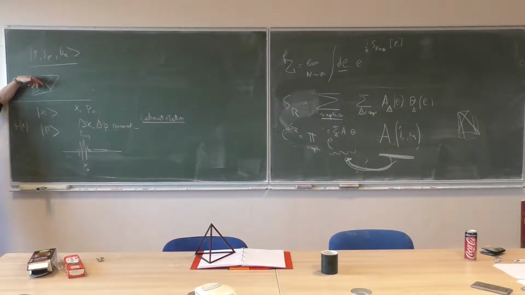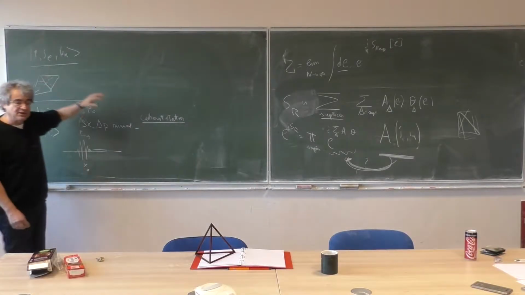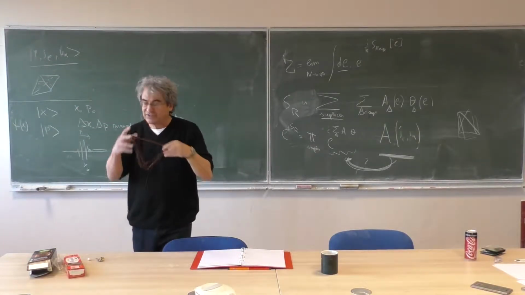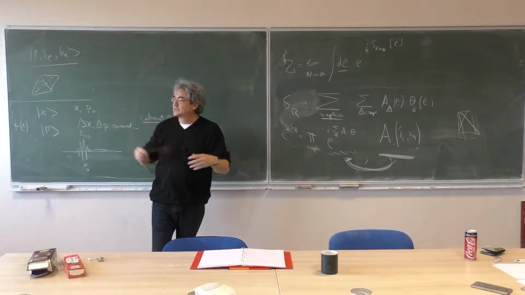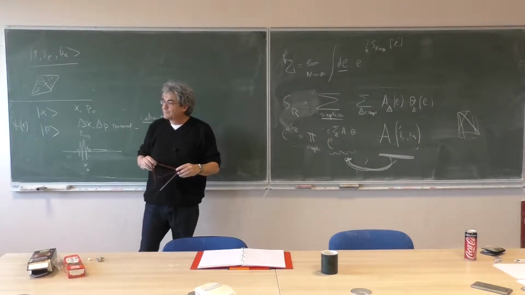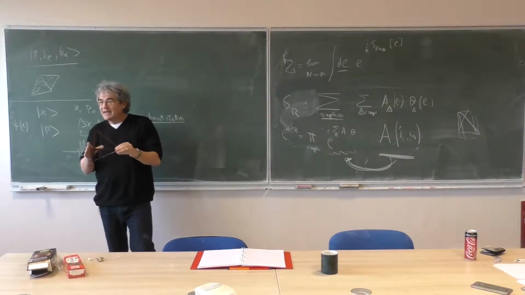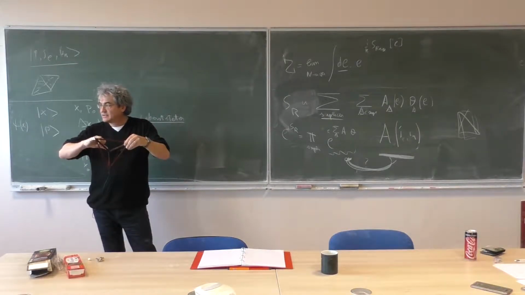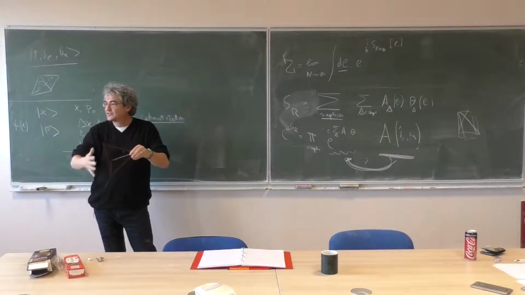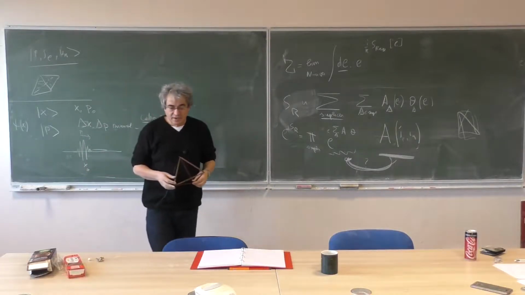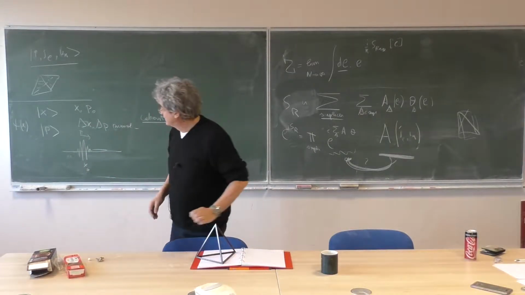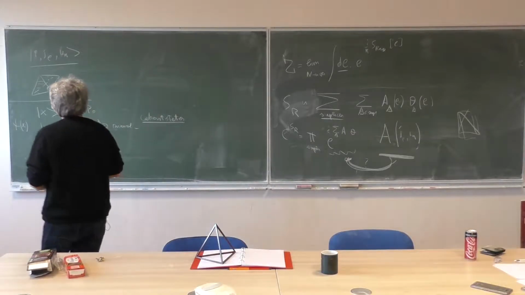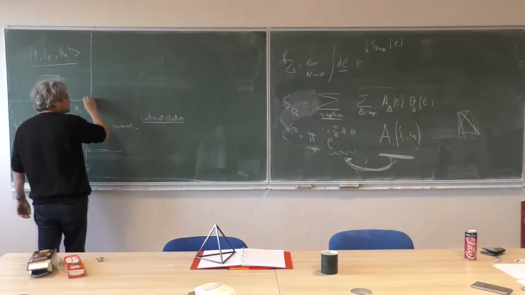Can I write a linear combination of these, which gives me a given shape of a tetrahedron, regular or non-regular, which minimizes the necessary spread in the various quantities? That's the first question. And